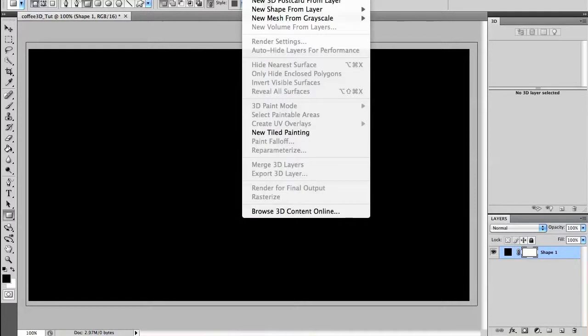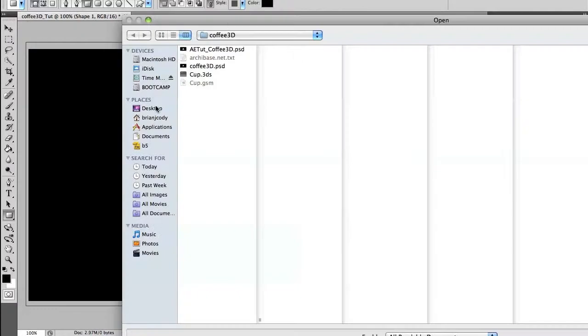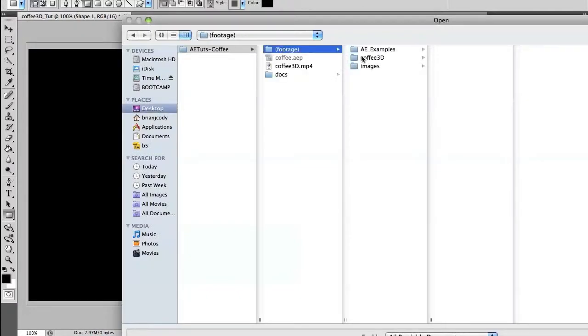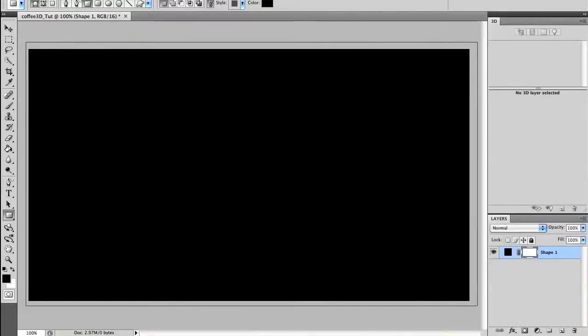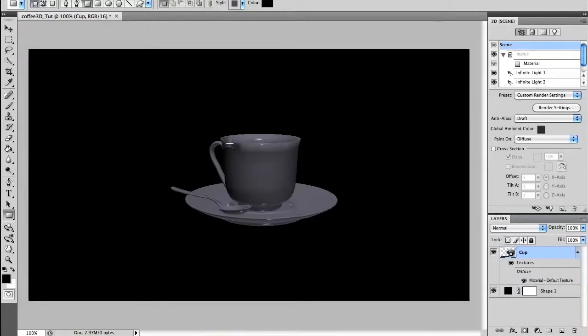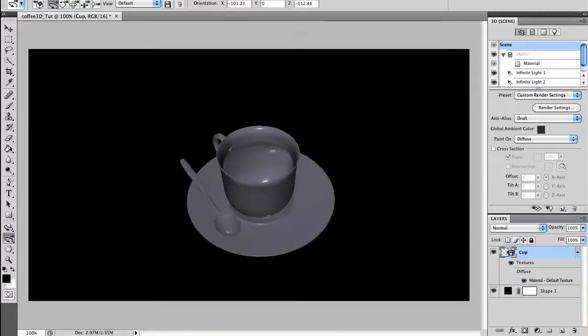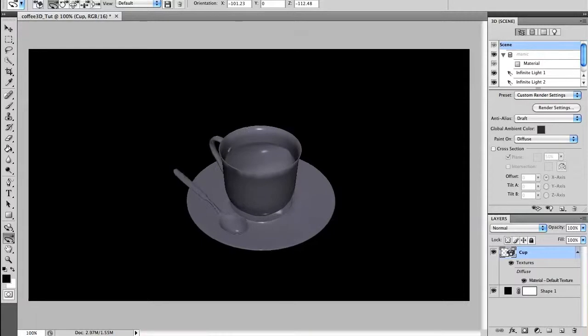Now let's go out and grab that 3ds file and import it into Photoshop. So we'll do new layer from 3D file, and we're going to browse to the cup.3ds file, which we got right from that website, and we're going to drop it in. Alright, so here's our 3D model right now. As you can see, it didn't import any type of textures or bump maps or anything like that. So what we need to do is style it, and that's the only problem with the website. It doesn't import any type of styling, so you have to recreate that and